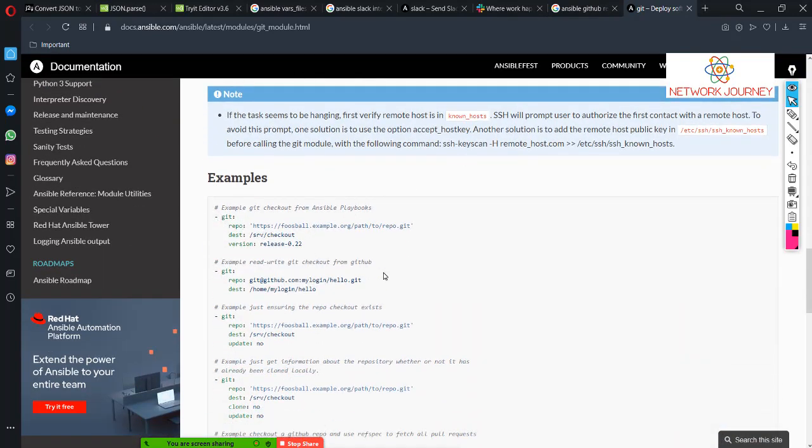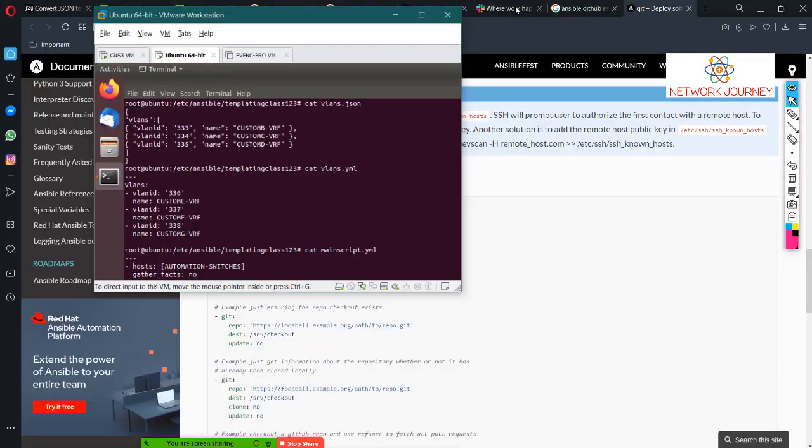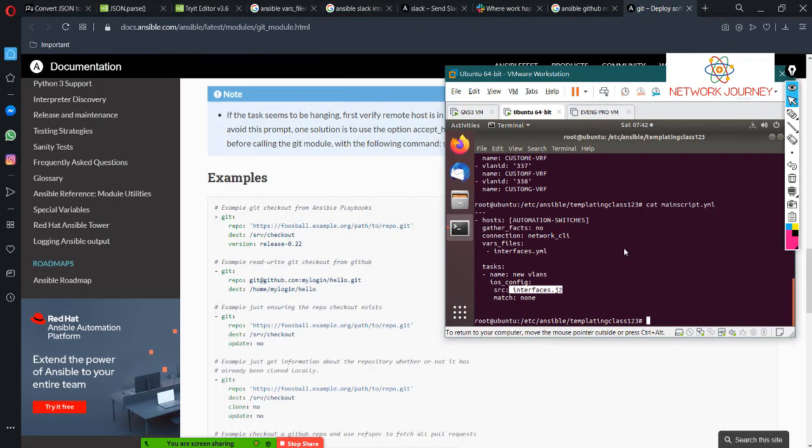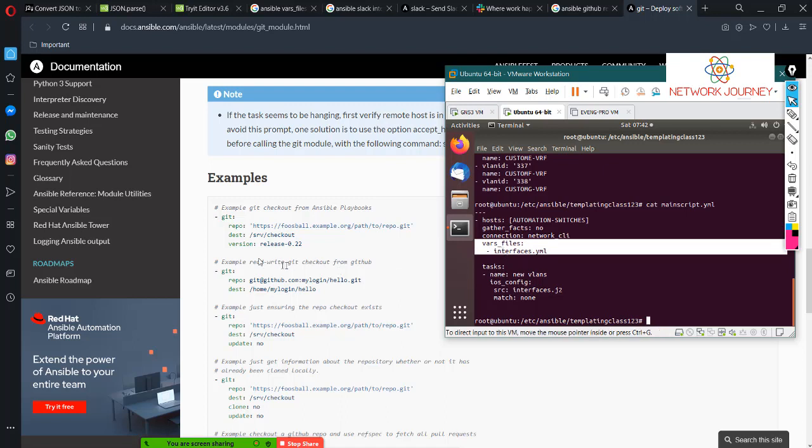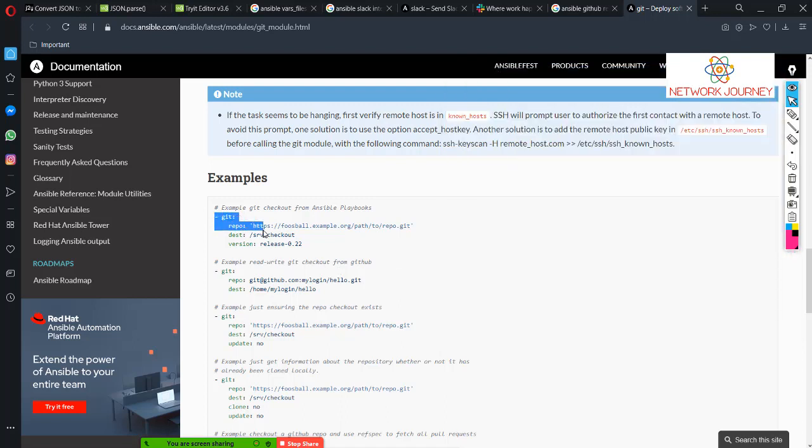So instead of making use of a variable file, because this is locally used, right, you can make use of this git repo, and you can just keep your path on the centralized GitHub.